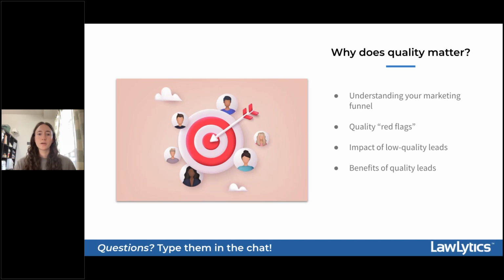We're going to be talking about your marketing funnel in a lot more detail in just a bit, but while we're here, let's consider how your marketing funnel operates alongside your lead quality. What your marketing funnel has to do with your quality of leads is that for the most part, your potential clients are going to be coming into your funnel at the very top. Again, we'll be covering this in a little bit more detail, but at this top of your funnel is what is called the awareness stage of your marketing.